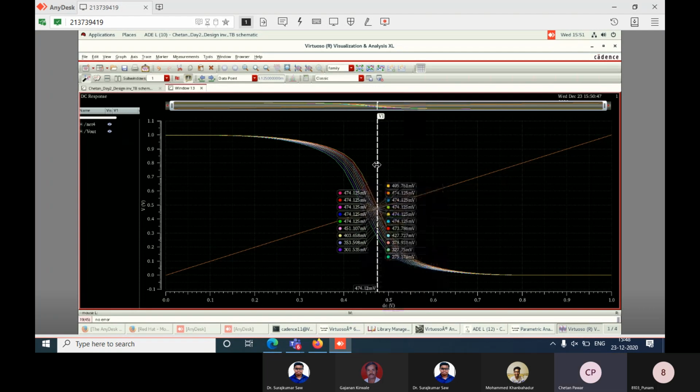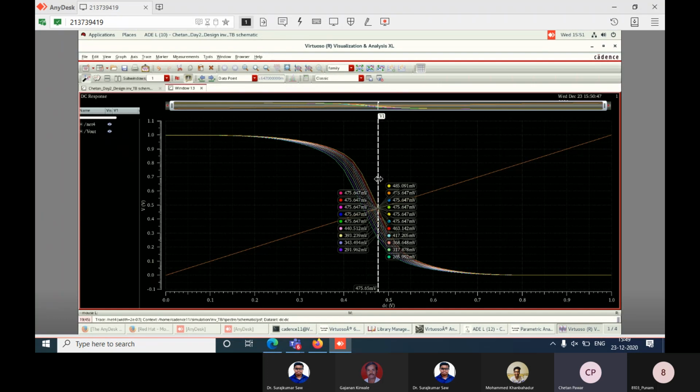So here you can see the last one, the yellow one, is almost near to 0.5 volt. So it is almost near to 0.5 volt variation. You can also increase the width above 300 nanometers and try to verify that.